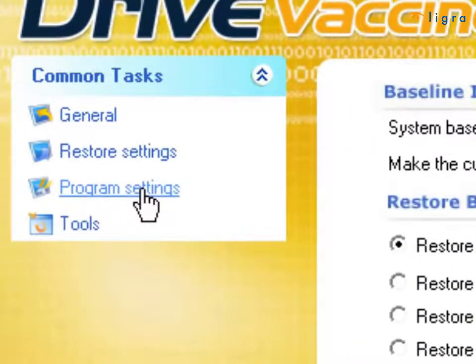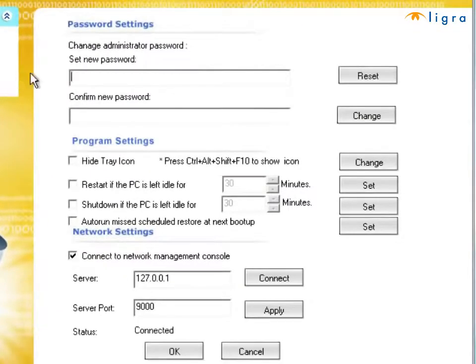The next I'm going to look at is program settings, which is your simple usual program setting changes. Here you could set to change new passwords, and you can even hide your tray icon in your public access computers so that other users do not mess around with Dry Vaccine's console and change your preferred settings. Then if you want to be even more protective, you can enable restart if the PC is left idle for 30 minutes, or you could even increase the time,